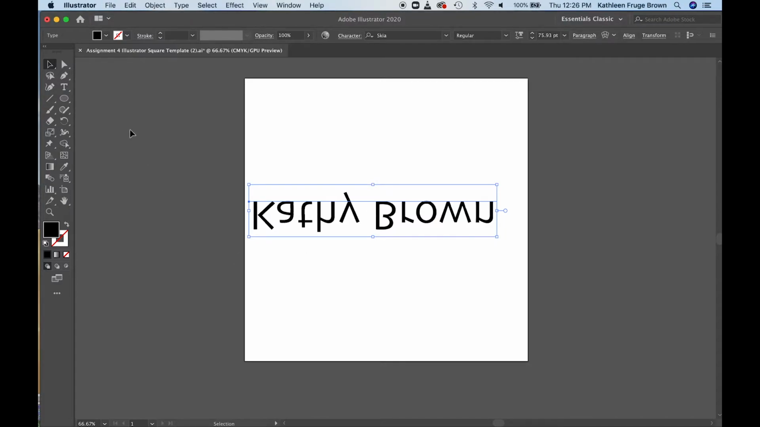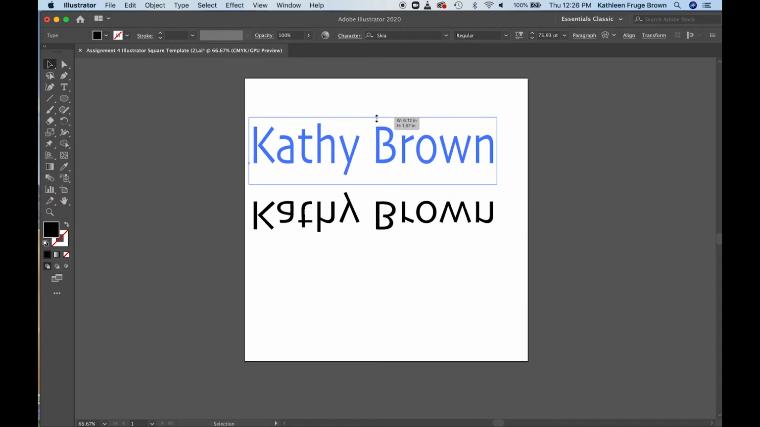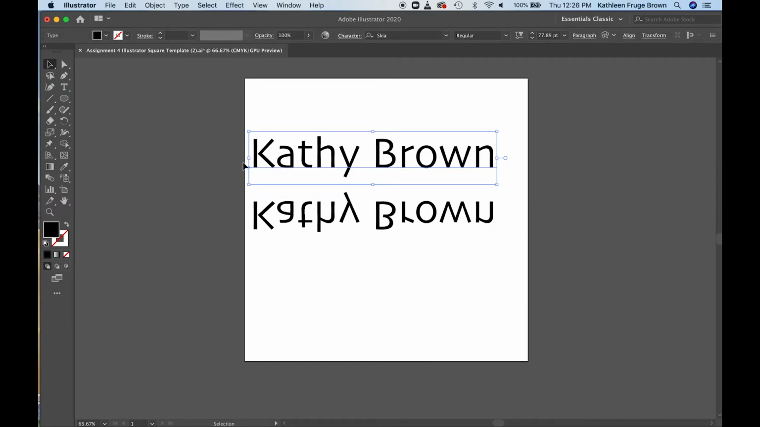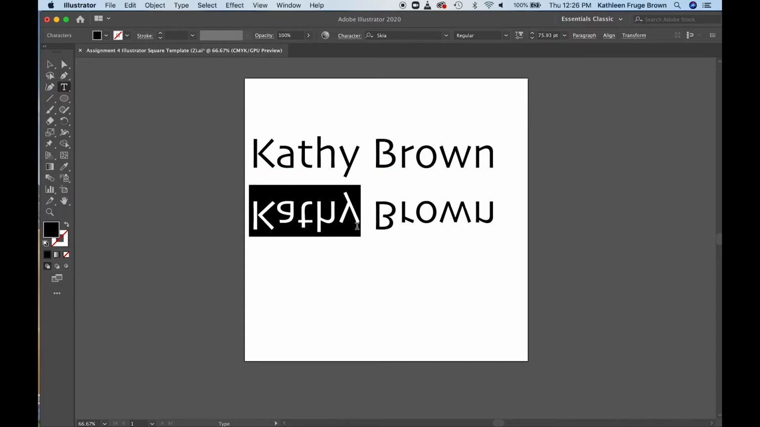So with my black selection tool, I can do any of the transformations that I would normally do with any path that I have selected in Illustrator. And it's important to be aware of how you're selecting your type. So I've shown you two different ways of entering type, and now I want you to think about two different ways of selecting type. One is the editing way, where you simply put a cursor in and